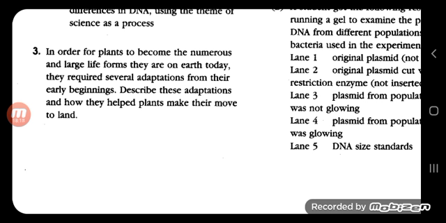Reproduction. Gamete transfer, that's one. Sperm swim to ovules or embryo sac in a few plants. Ferns is one of them, where the sperm swim to ovules. Imagine, the ovules are the